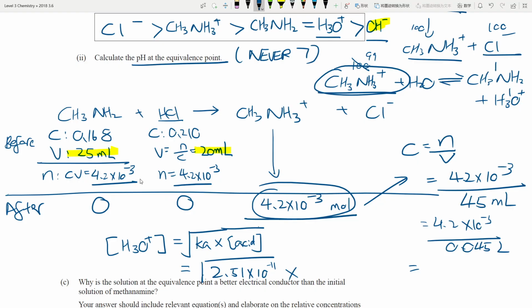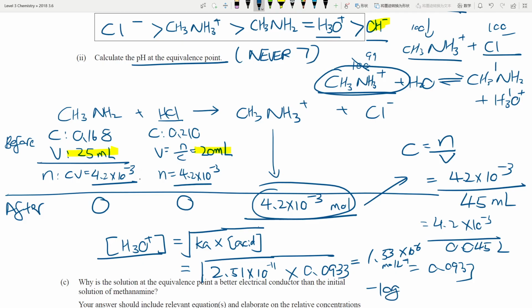times the value that I got, which is 0.0933. If you multiply those two things together and then take the square root, the answer is going to be 1.53 times 10 to the power of -6 moles per liter. So this is the H3O plus concentration. Then we negative log that, and we should get a pH of